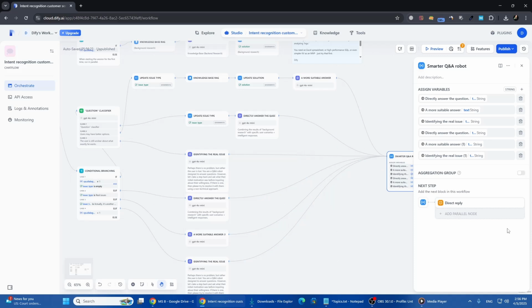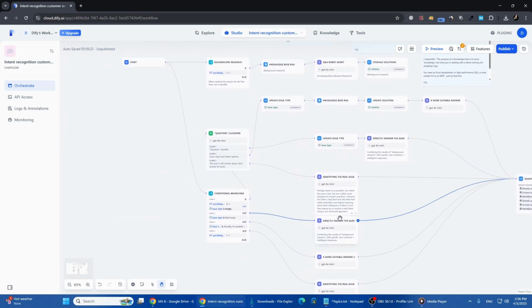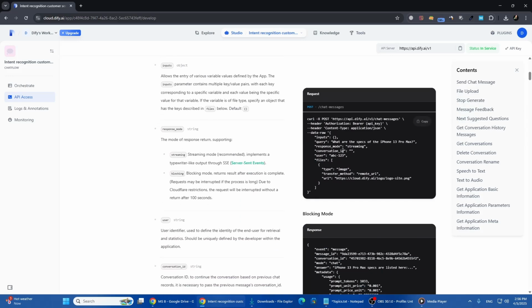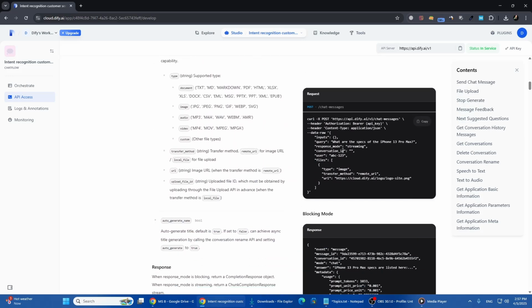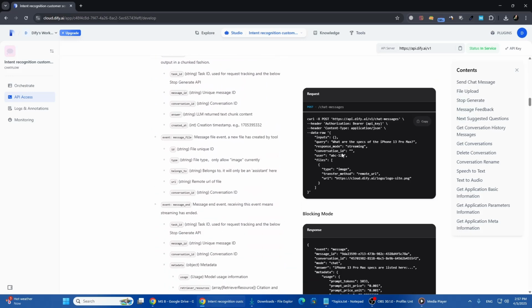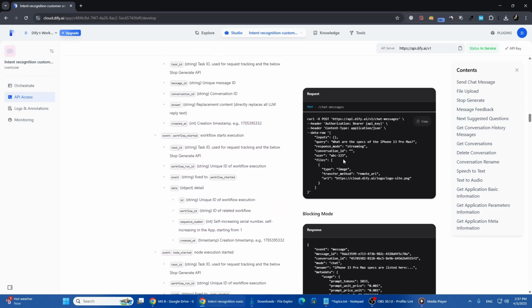In addition to Orchestrate, Dify provides several other features that help you manage and track your projects more effectively. One of these features is API access, which is especially useful if you're a developer or need to integrate Dify with external systems. Through the API section, you can get the credentials necessary to authenticate your applications and interact with Dify programmatically. This feature lets you automate tasks, pull data from your projects, and create custom integrations that fit your